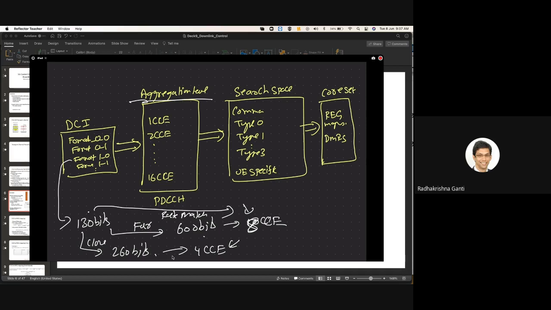Core set 0 was about the SIB1 message. SIB1 message is a broadcast message, but SIB1 has allocations for the uplink, for the PRACH and other things. So you use a particular format, DCI. What you do is put that in the type 0 search space. So what does the type 0 search space mean? Essentially,